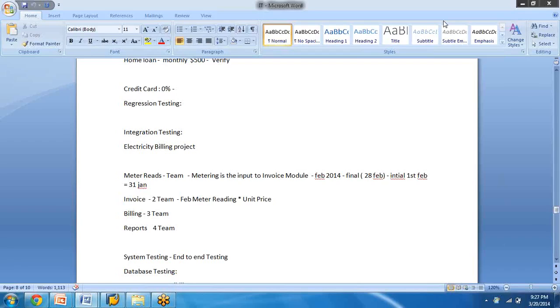Billing, right, correct. Meter reads, you're saying invoice, billing. Exactly. So you should always remember: meter reads, invoice, billing, report. As I told you, when the project starts,